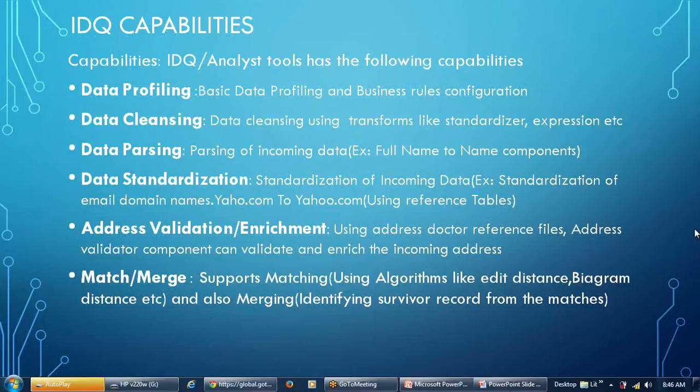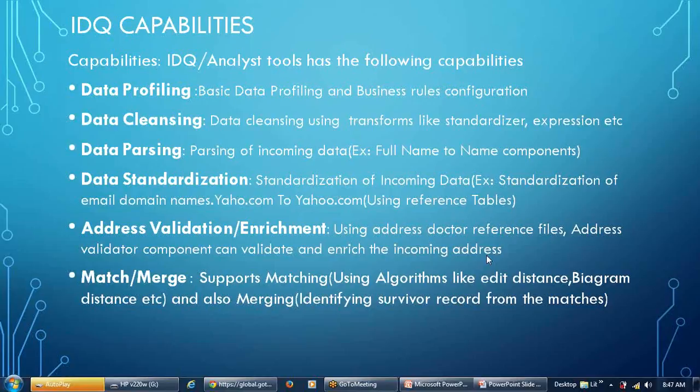Okay. So then also we can do address validation and enrichment. Like any other data quality tool, even IDQ uses address validation files, which, for the US, are provided by USPS, the United States Postal Service. In a similar way, for Canada, it is SERP and all these things. So IDQ would take care of getting all those files from different authorities, and then they have built a component called address validator, which will talk to these reference files and then